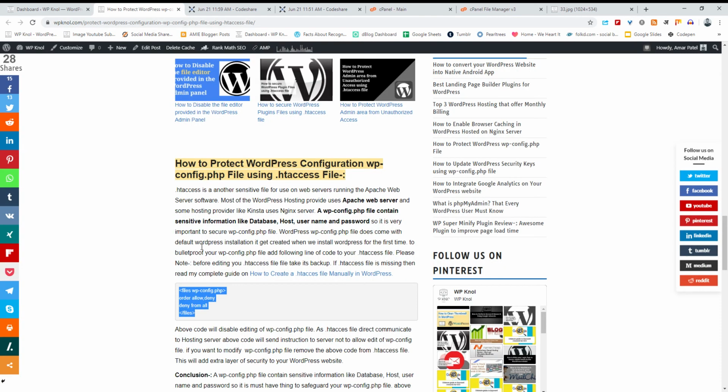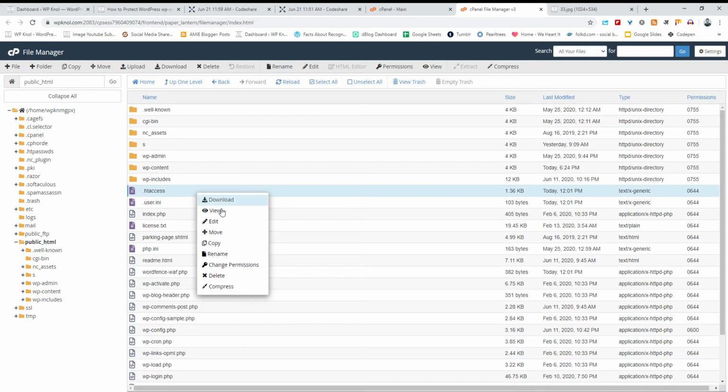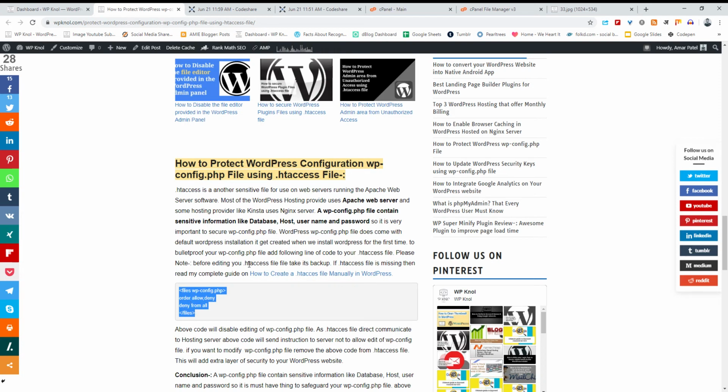When you want to edit your wp-config file, you again have to go to your .htaccess file, download it and remove the code which we have added. That leaves your wp-config file in an editable form, and once you are done editing, you can lock it again.